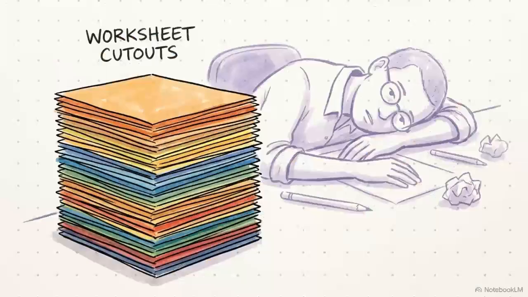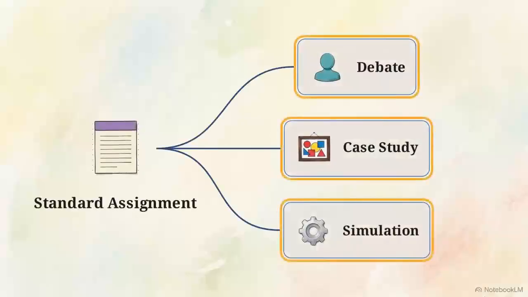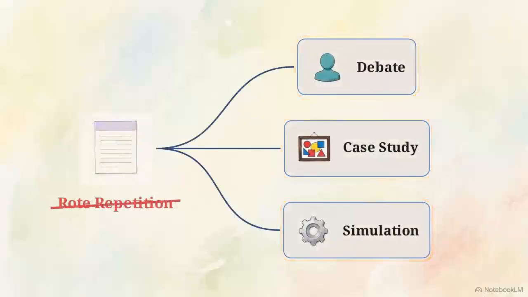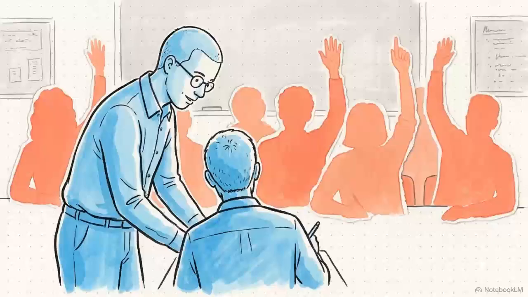Handing out the exact same worksheet every day loses a student's attention. To maintain genuine engagement, that practice has to take different shapes and require active problem-solving rather than rote repetition. An educator's reach in the classroom is strictly limited by their capacity to create those engaging, active learning experiences.